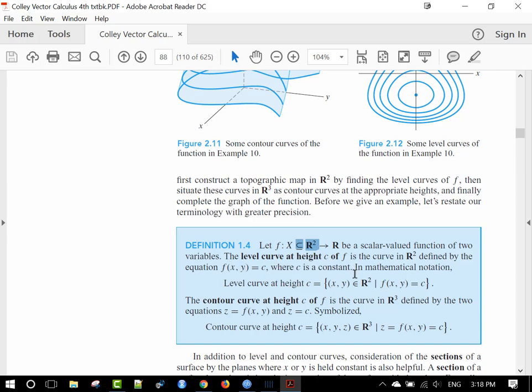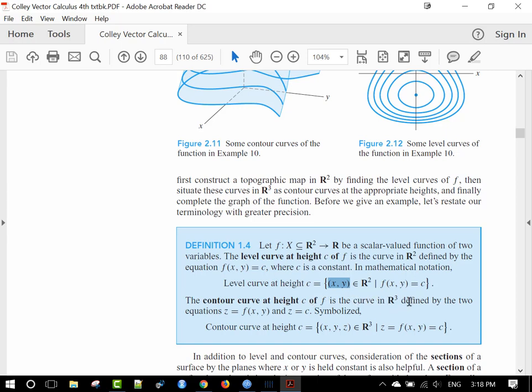In mathematical notation, the level curve at height c will be a set of points in R2. These are points in R2. Which points? The set of points such that f(x,y) equals c. On the other hand, the contour curve at height c of f is the curve in R3